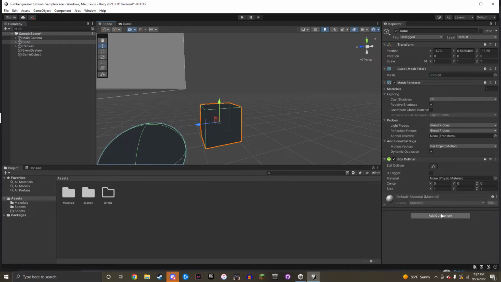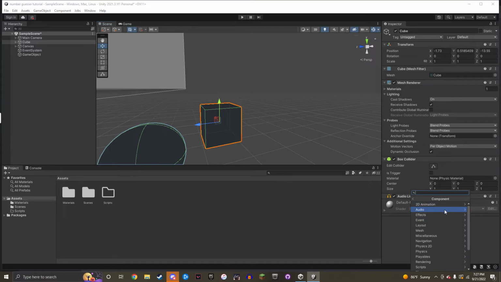And so yeah, you can actually add components as well by clicking add component, and you can choose a feature you want to add to this object. So for example, if we wanted to add an audio listener, which is the way that Unity is able to tell where sound is, we can just right click and add an audio listener onto it. There's not much reason to do that unless you have a camera on it, but just as an example, you can add a lot of different things on here as well. You can even add animations and such,